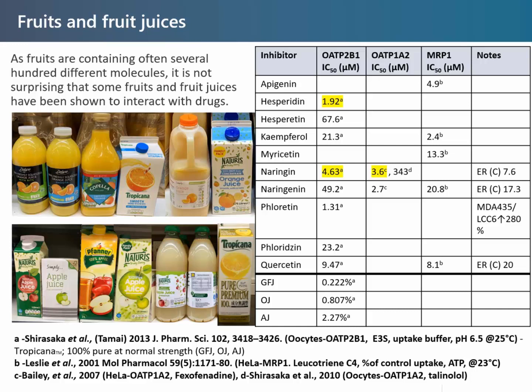So having said that, for the OATP2B1, we are still struggling with identifying really the abundance of it in the intestine. It seems to be pretty much equally expressed along the intestine, but also the location of the OATP2B1 is unclear, because it has been discussed as an apical uptake as well as a basolateral uptake transporter. If it would be localized on the basolateral side, then obviously you would have a completely different inhibitor concentration you need to calculate with.